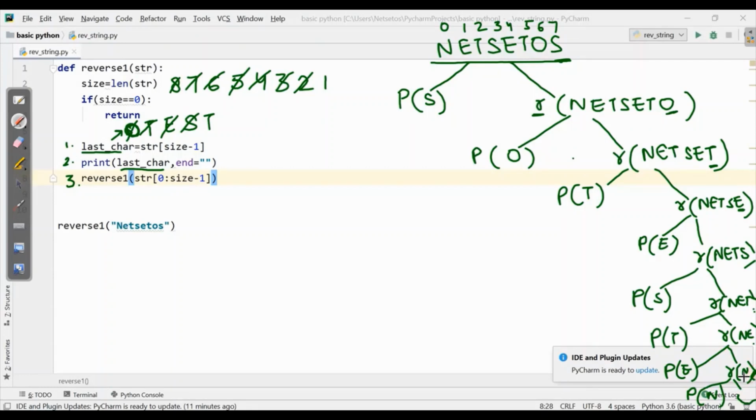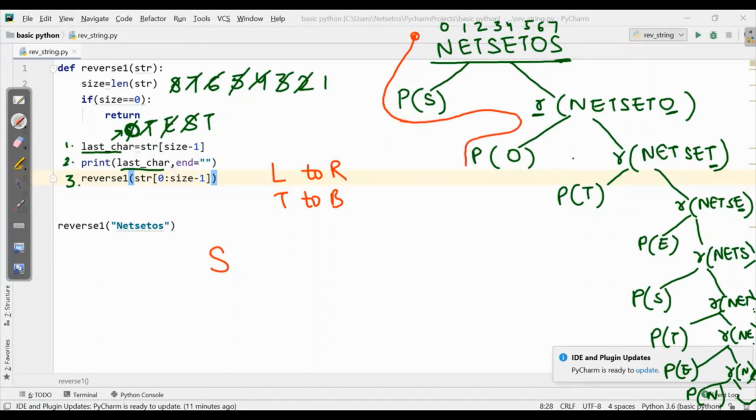Then we have to follow our left to right as we have discussed in the last video of recursion. Tree always follows left to right and top to bottom. So here it will go from top to bottom. It is asking for printing S. Then it will go to here.